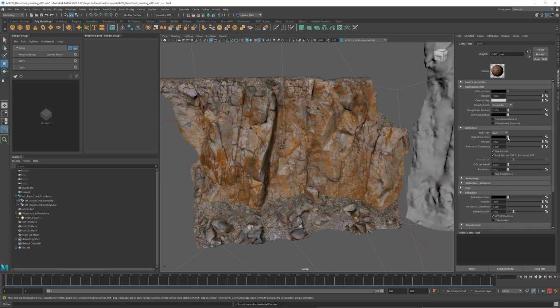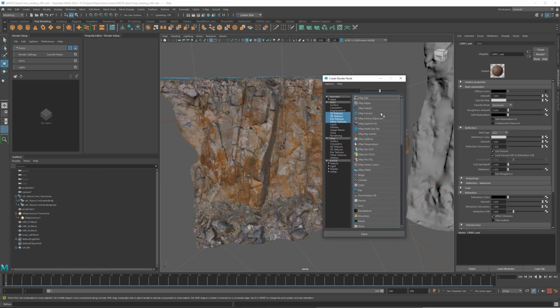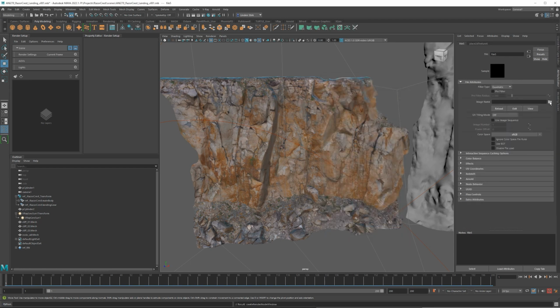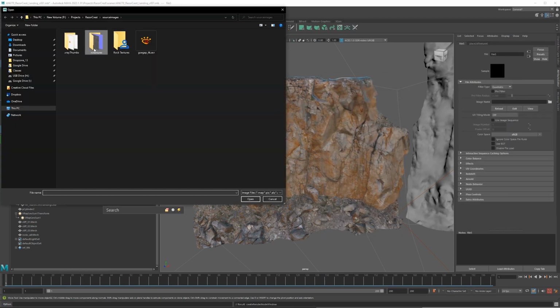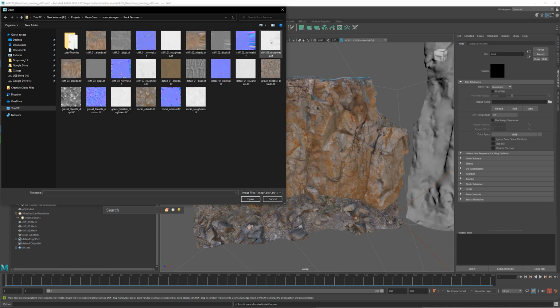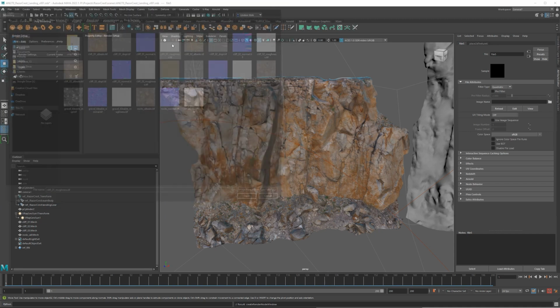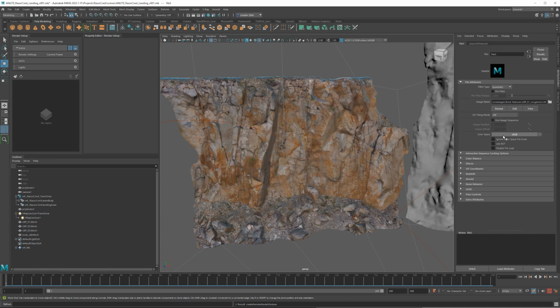For the reflection color, crank that up to 1. For the reflection glossiness, this is actually going to be roughness. We need to change that, but we're going to load in the roughness. Oops, Cliff 1 roughness. Color space, we're going to do utility raw.